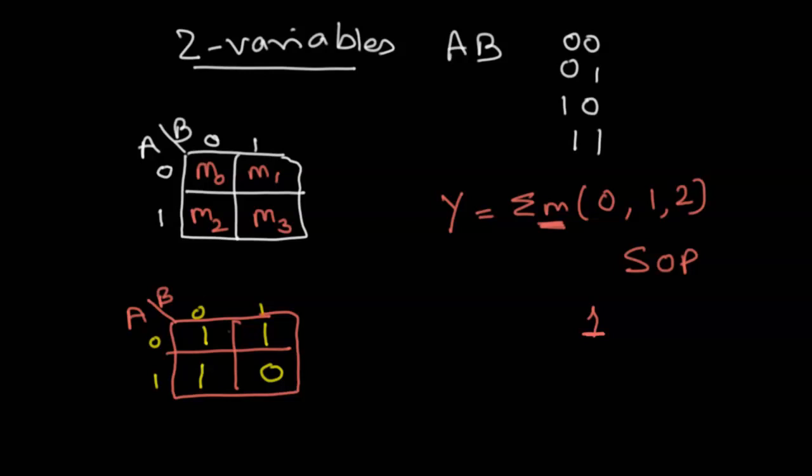Now these need to be grouped according to some rules. So let's see what the rule is. There are different ways of grouping the ones. The first is you have to start from the highest group. If all the 4 places had 1, it would count as one group. Because they don't, we go to the next stage, which is the group of 2. So one group can be formed like this, and the other group is this. So we have to group the ones that we have in our K-map. The very first group gets formed between this cell and this cell.